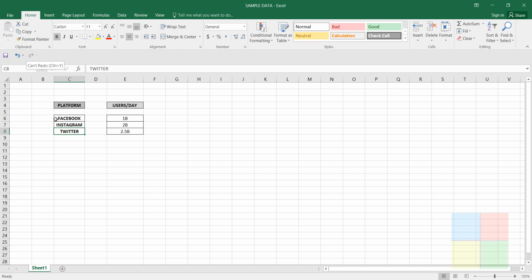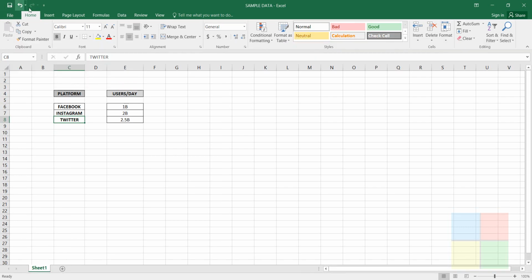Got it? So it is closer to the data so that we can access it a little faster. That is the purpose of this option. And if you don't want it, you can right click again and show QAT above the ribbon. So it goes back to the default style. Most users prefer this at the top, just like this. And this is about the QAT.